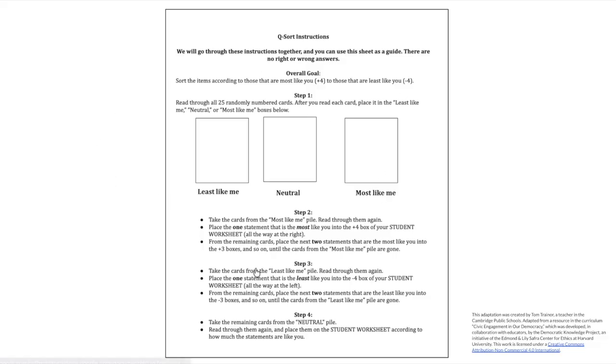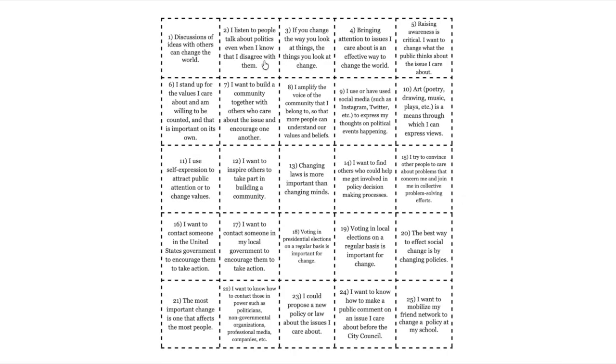So there is this instruction one-pager. It basically says you're going to get all these cards. There's 25 numbered cards. And you're going to think about which are least like me, neutral, and most like me. And so once you sort those into the categories, then you're going to take up each pile. They suggest starting with the most like me pile and then go to least like me and then do the middle. And you're going to sort the statements